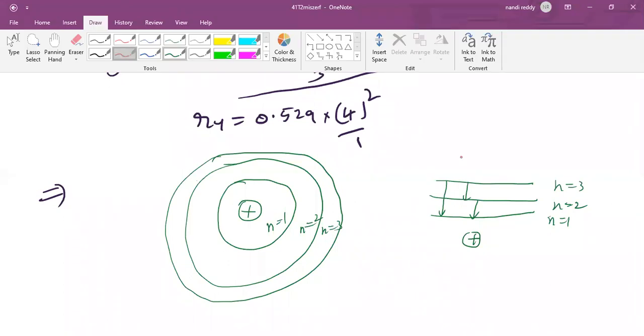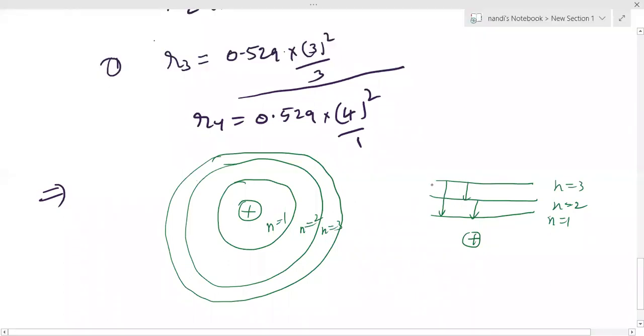Understood? Keep this wavelength in mind carefully. Please concentrate here. The first one is lambda 1, this is lambda 2 and lambda 3. What is the relation between lambda 1, lambda 2, lambda 3? Lambda means wavelength. The symbols are already given, so don't ask what lambda is.